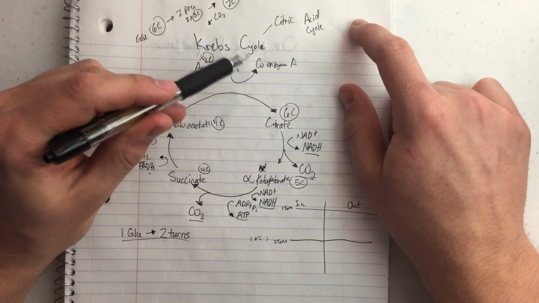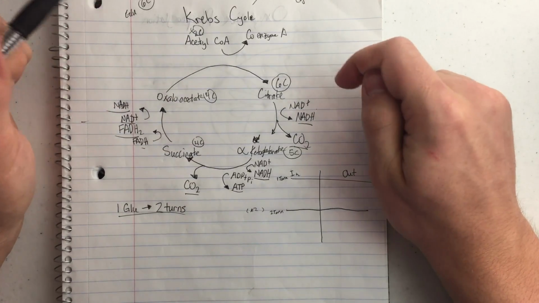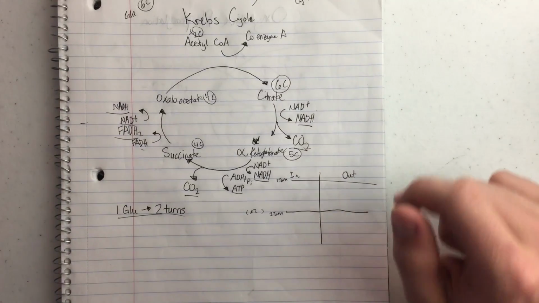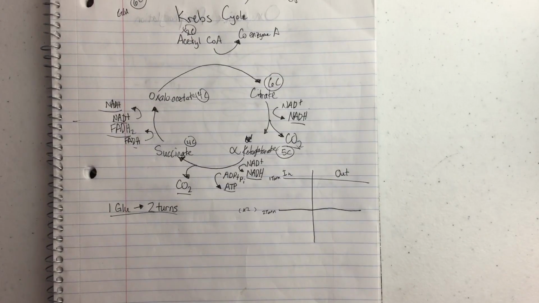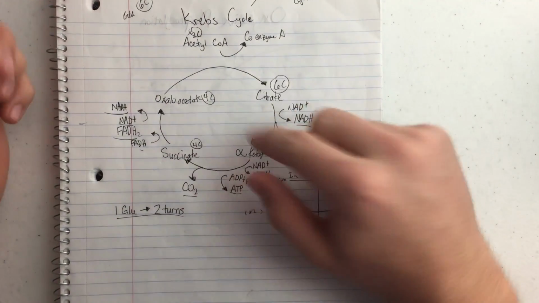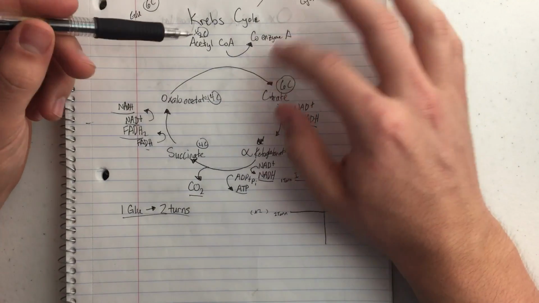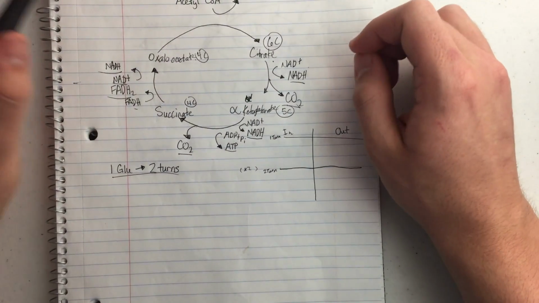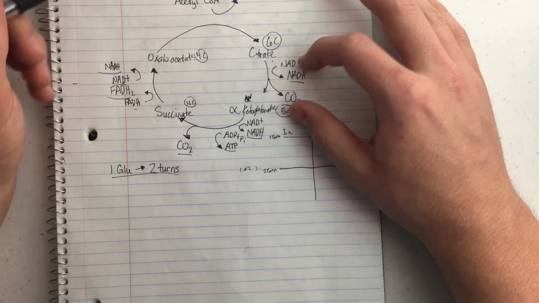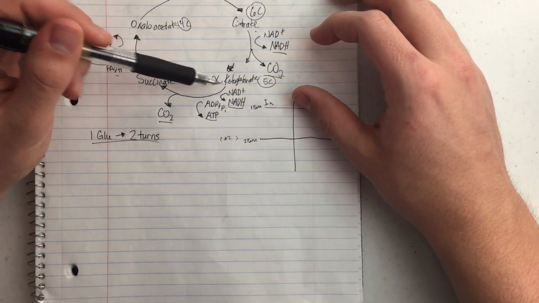So this 2-carbon molecule comes in and combines with the oxaloacetate. So kind of like in photosynthesis, when the RuBP combines with the CO2, same kind of thing. The oxaloacetate, a 4-carbon molecule, is going to combine with the acetyl coenzyme A, which is a 2-carbon molecule, to make a 6-carbon molecule, citrate, in cellular respiration in the Krebs cycle, excuse me. And then we're going to move from citrate, a 6-carbon molecule, to ketoglutarate,